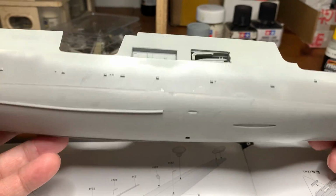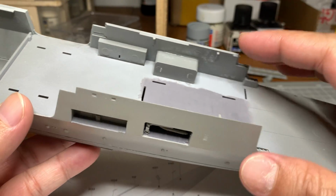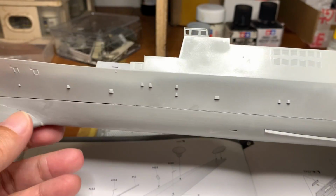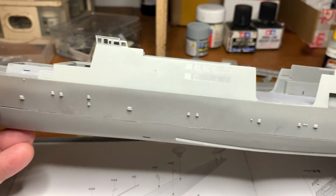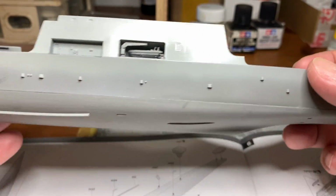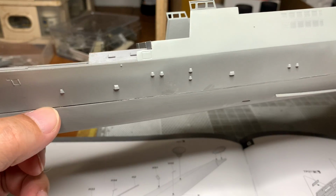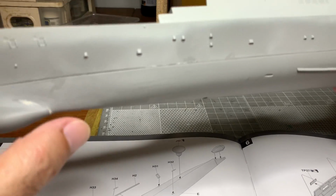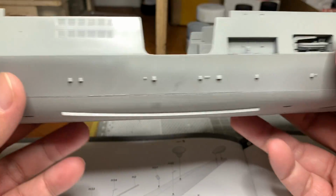The way I did this is I attached the centerpiece to both of these side hulls and then attached it to the bottom of the hull. And the thing about this kit having two side hulls, I think, is that there were a lot of gaps after attaching it. So while everything's super glued,